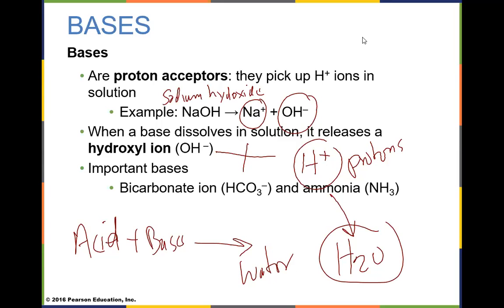Think back to the baking soda and vinegar example. You mix baking soda and vinegar together. Baking soda is the base, vinegar is the acid because of the acetic acid. You get the foaming and the gas and everything else, and you get the release of carbon dioxide. You get the release of water, because the hydrogens and the OH groups are combining, so you release CO2 and you get water coming off here. You get all that bubbling and everything.